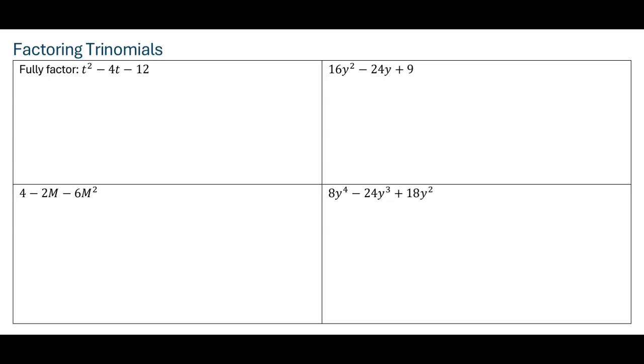Hello, let's look at factoring trinomials next. Basically here we're going to be trying to unfoil. So if you think about when we were reviewing our distributive property, if we had something like (x + 2)(x - 3), when you FOIL that out, you would end up with x squared minus x minus 6,